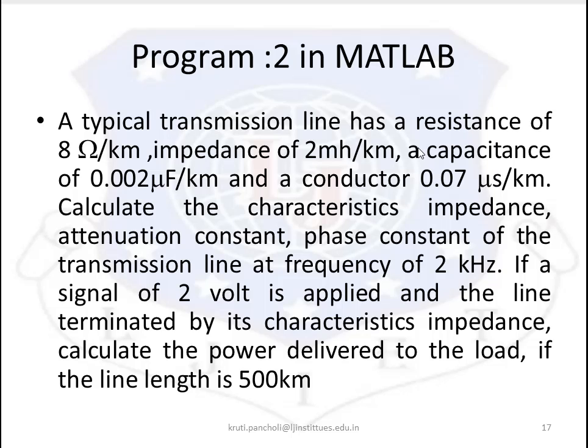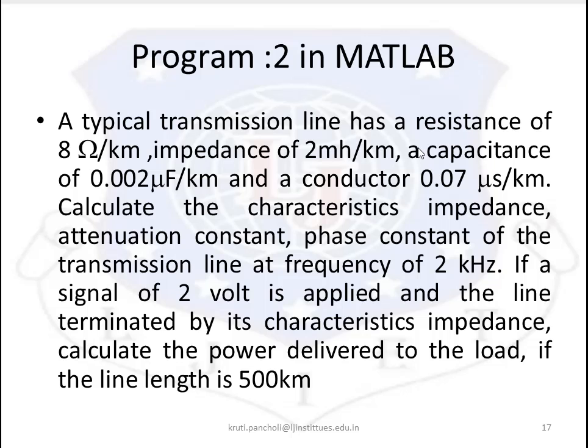Calculate the characteristic impedance, attenuation constant, and phase constant of the transmission line at a frequency of 2 kHz. If a signal of 2 volt is applied and the line is terminated by its characteristic impedance,